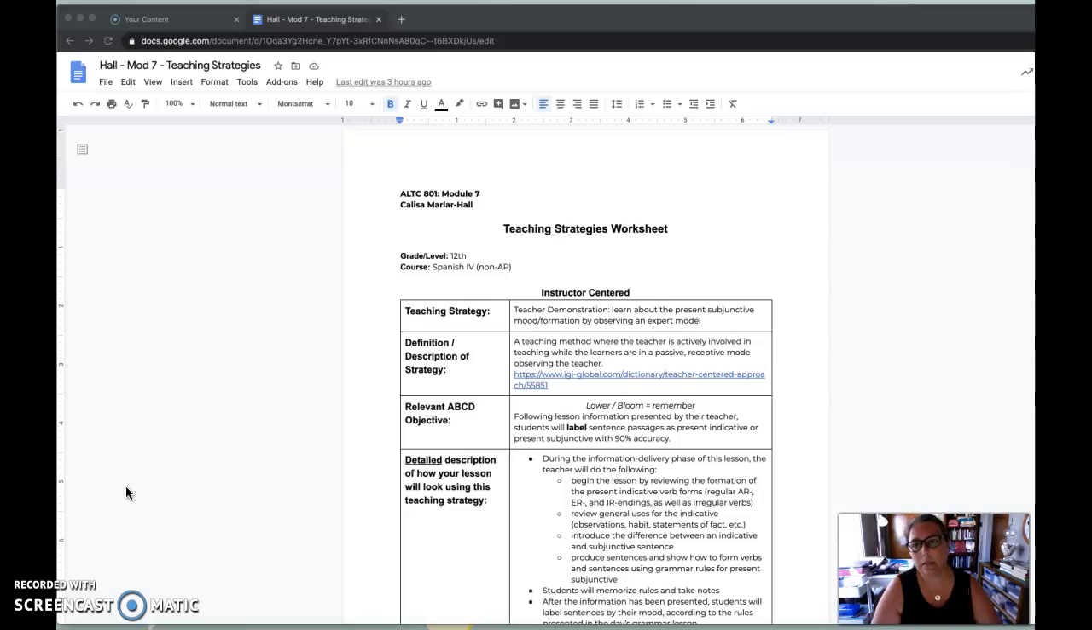This strategy assignment is for fourth year Spanish. It's typically, obviously, for 12th graders. It's a non-AP course, and at times it's a class that can be for concurrent college credit. So the topic I chose was the present subjunctive mood, which is sometimes seen as a verb